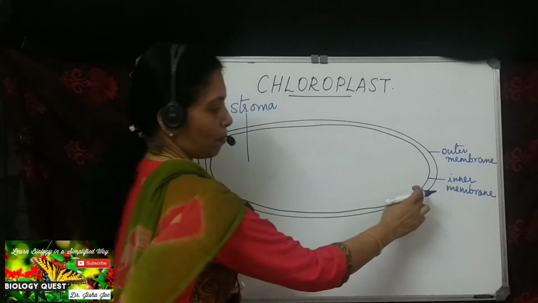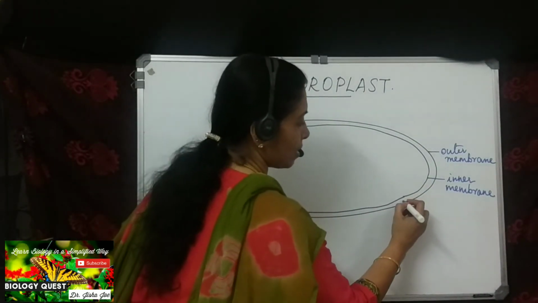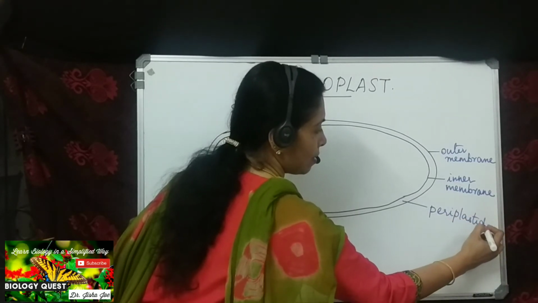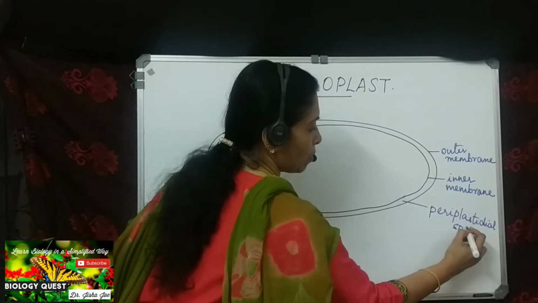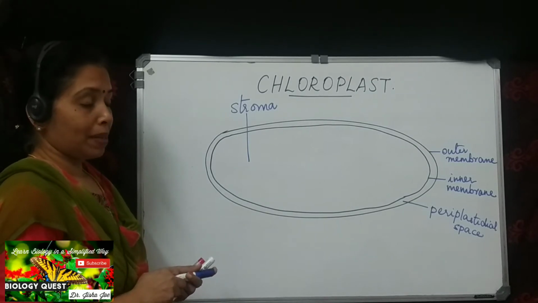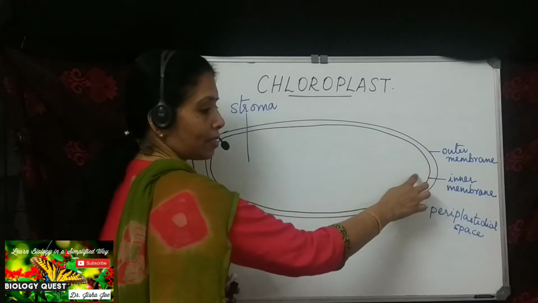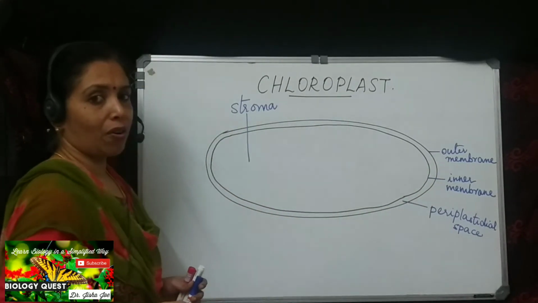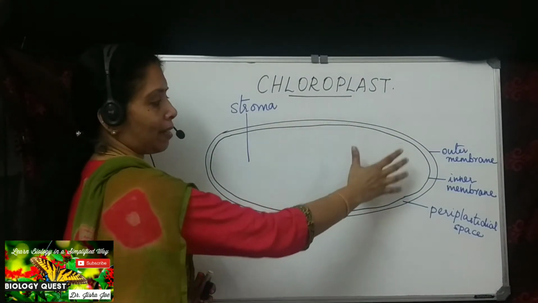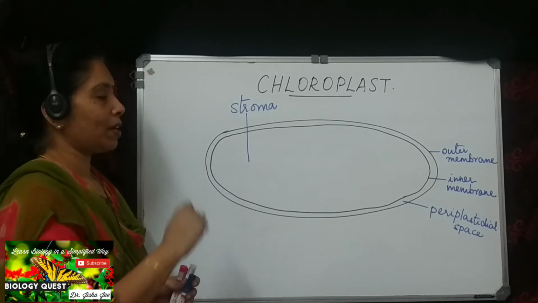And if you look at the two membranes, you can see they are separated by a space. That space is called the periplastidial space. So there are two membranes, the outer membrane and the inner membrane. If you look at the permeability, the inner membrane is less permeable than the outer membrane. The two membranes are separated by a space called the periplastidial space. The inner membrane encloses a space which is filled with a fluid matrix